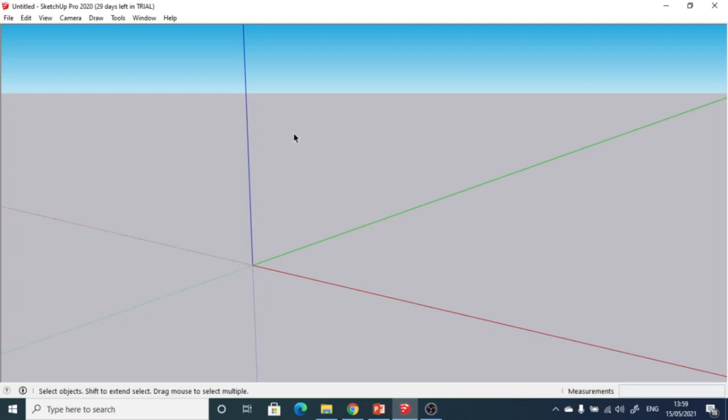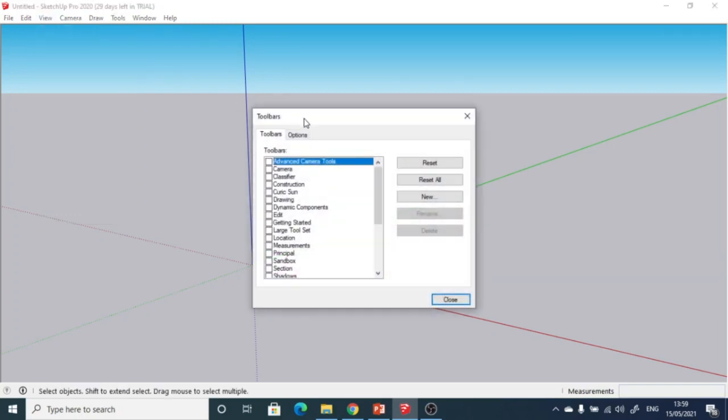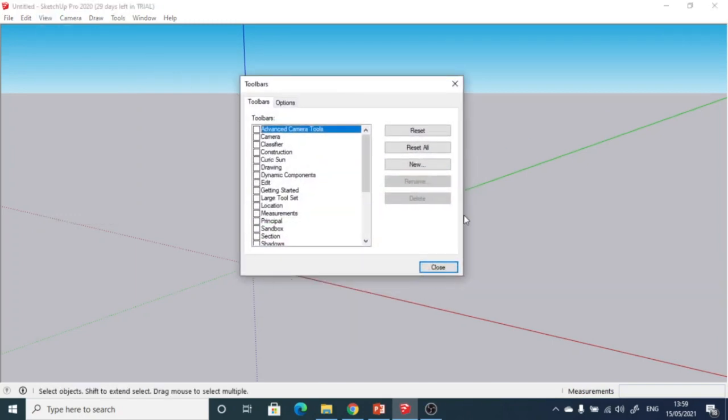Now we're going to see which important toolbars are required when we are dealing with the Google SketchUp software. To import a toolbar into the Google SketchUp screen, we just click on the View command box. Once we click on View, we click on Toolbars, which opens a separate window in Google SketchUp. Here the number of toolbars we can use is given. But typically for shadow analysis for a solar power plant, only some toolbars are required.